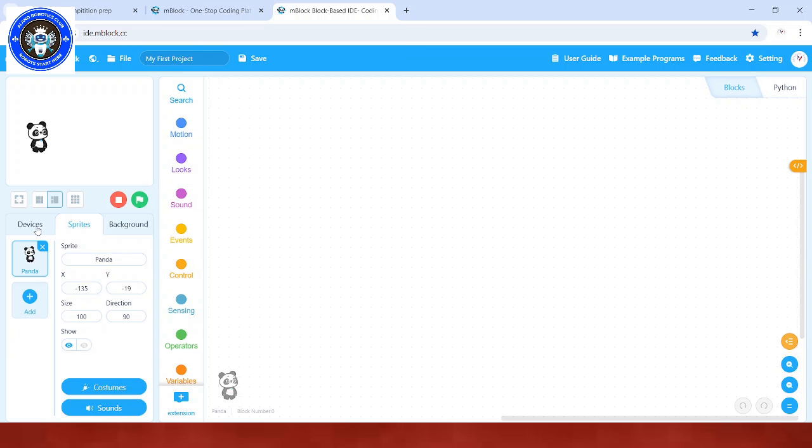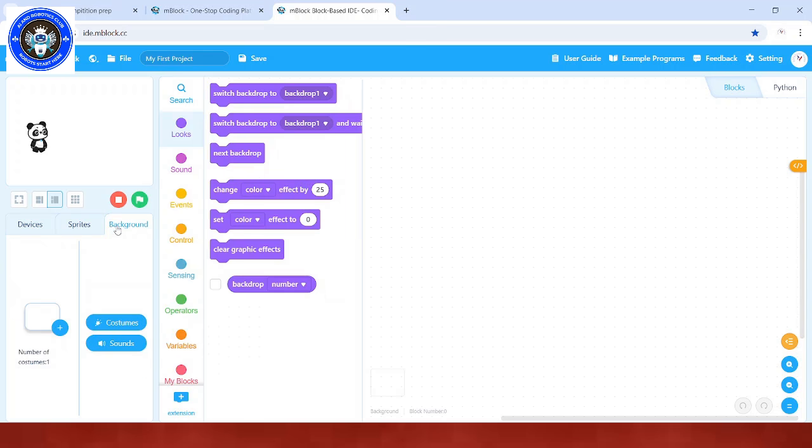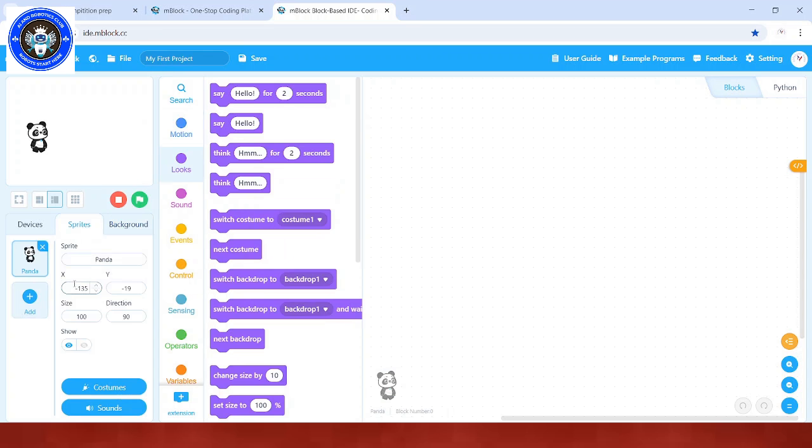Beneath it, we have devices, sprites, and backgrounds. If we want to use a background in our game, we can use it here. And in sprites, whatever we are selecting, the properties are showing here. The sprite name is panda. If I change the name of panda, let's say to panda 1, I can change it. And this is the X and Y position